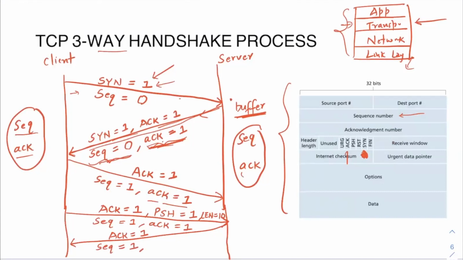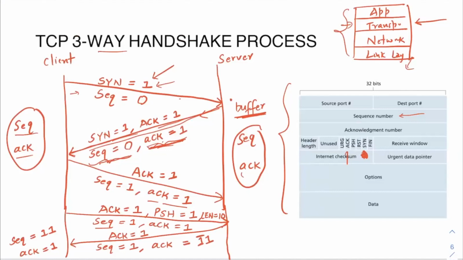But what will change is the acknowledgement number. Why? Because what is the acknowledgement number for the server? It's the next byte of data that the server is expecting from the client. So now, what happened? It has got 10 bytes of data, right? So what is the next byte of data that the server is expecting from the client? It will be expecting the 11th byte of data. So whatever the sequence number is here, you add it to the length of data, and that will become the acknowledgement number here. Now the sequence number will become 11 for the client, and the acknowledgement number will still remain 1, because the server has not sent any data in this.